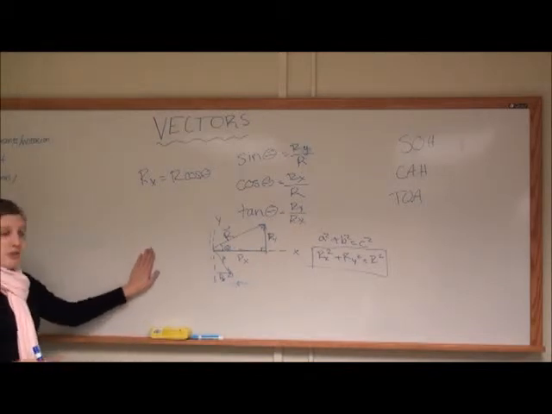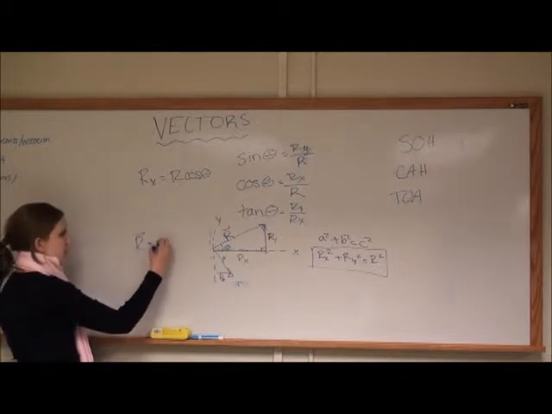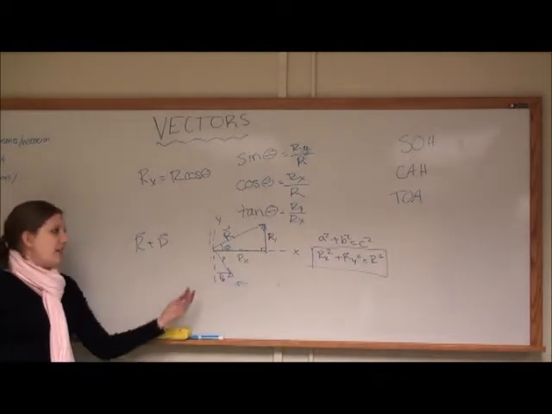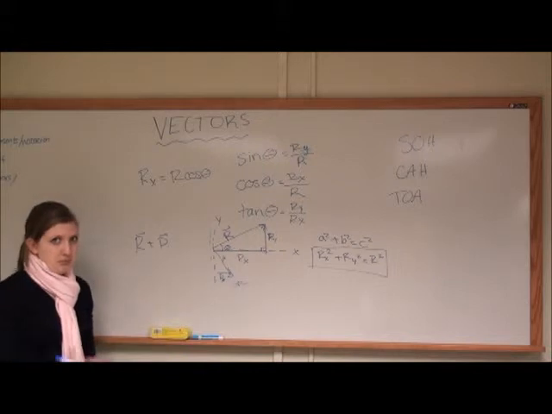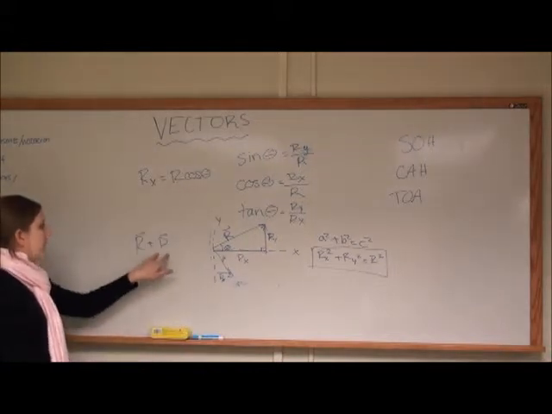So what we can do now is if we want to know what big vector R plus big vector P is, graphically, I'm not very good at drawing. So for me, it's a lot easier to do it in components. So if I can find the x part and I can find Px,